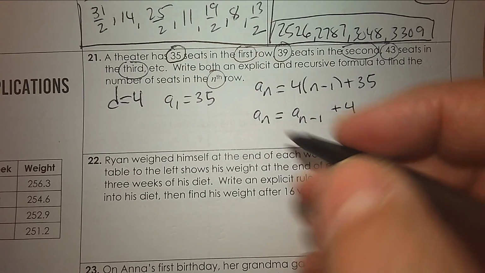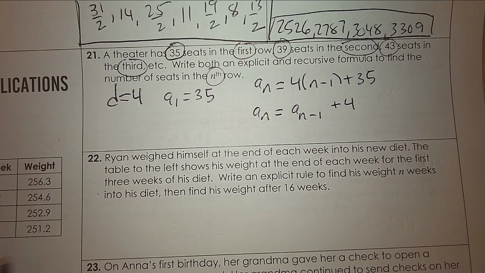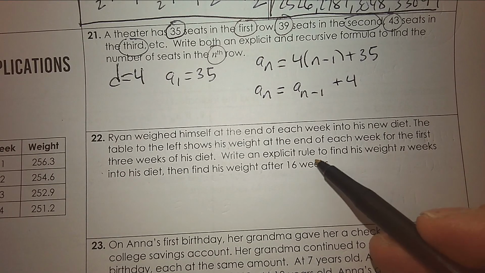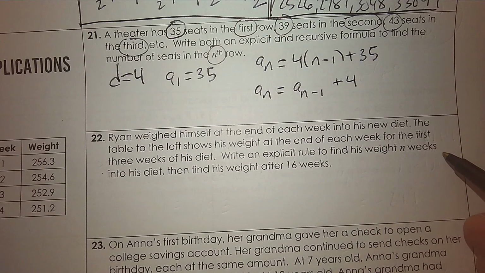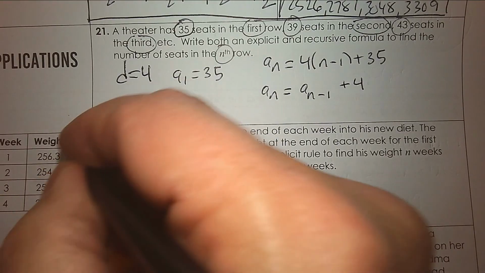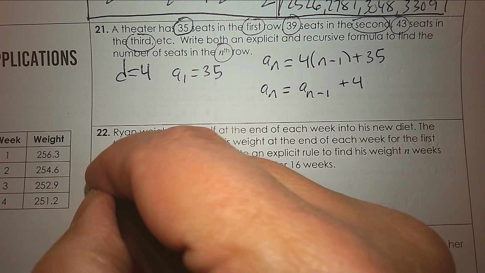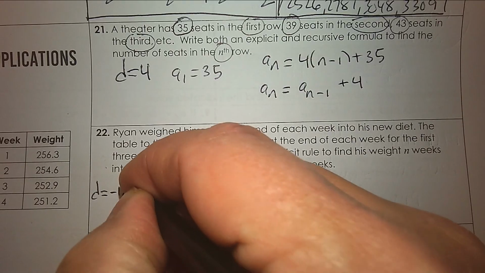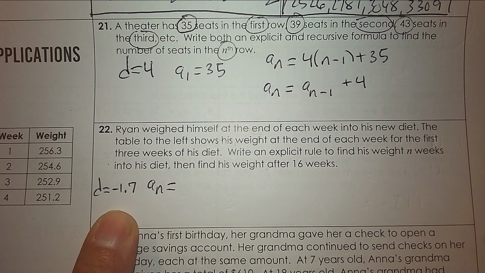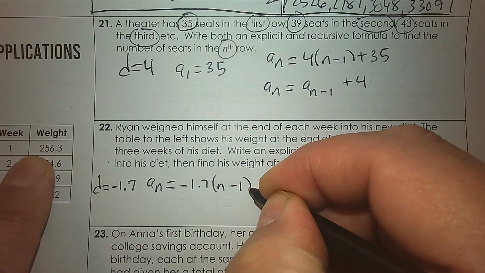Ryan weighed himself at the end of each week into his new diet. The table at the left shows his weight at the end of each week for the first 3 weeks. Write an explicit rule to find his weight in n weeks. So an explicit rule would be, first of all, what's the common difference? You can use your calculator. The common difference is negative 1.7 by subtracting. That's how much weight he's losing every week. And then the rule would be n subtract 1 plus